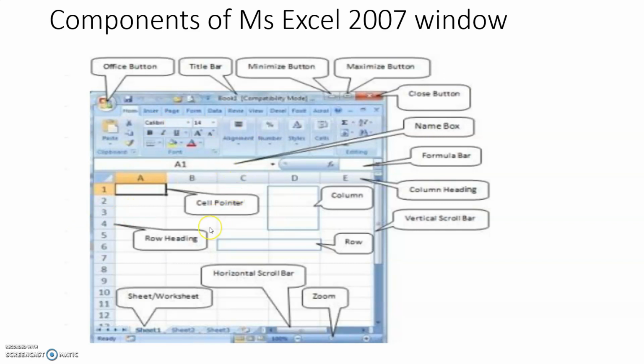Above the worksheet there are two components. They are name box and formula bar. Name box is also called address bar. Could you see name box and formula bar? I shall explain all the components, so don't worry, you may study easily. Let us see this window carefully, children.